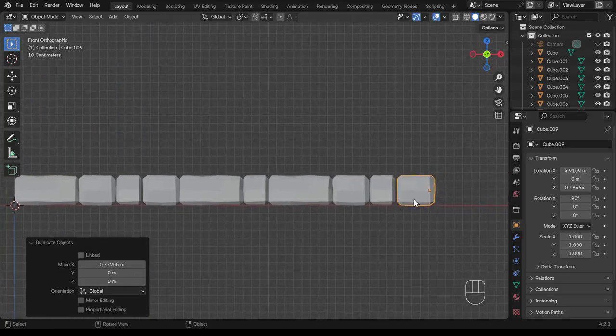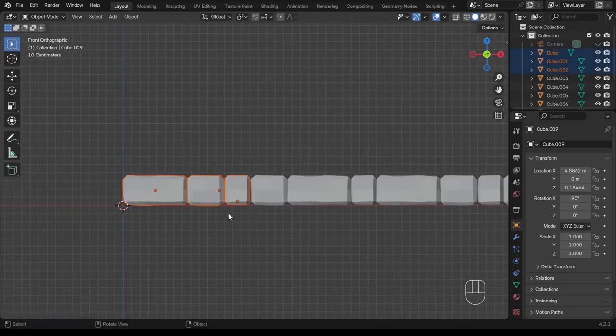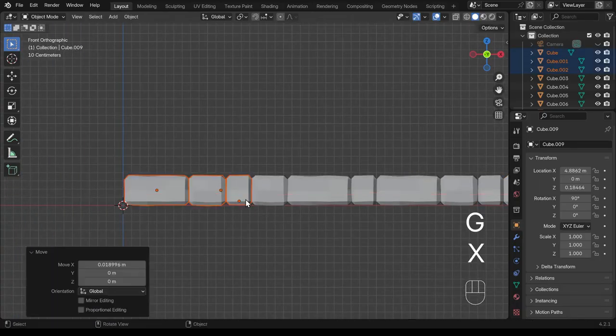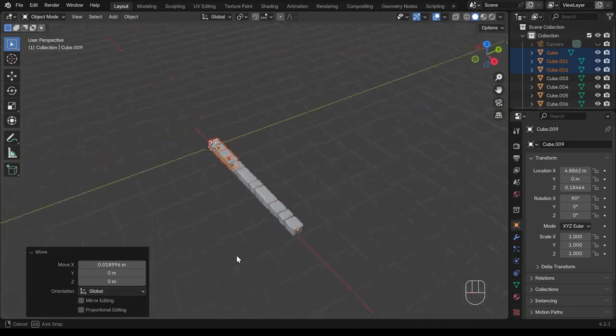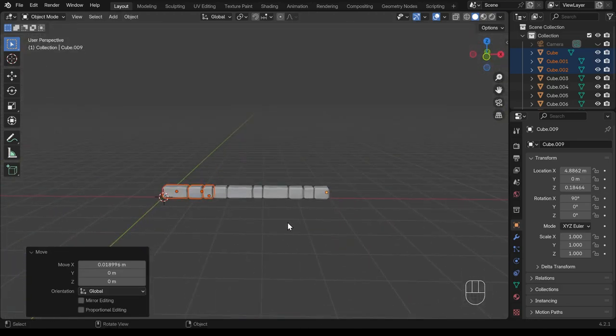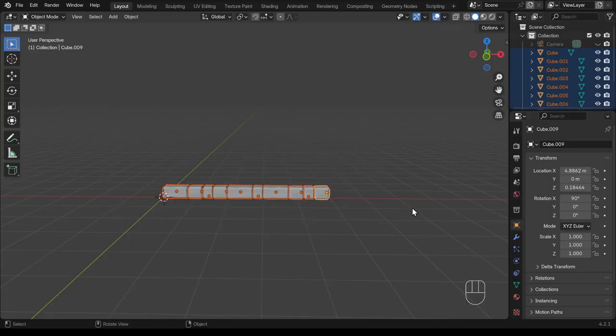Okay, so make sure there's not too many big gaps between them. So I'll just adapt these very slightly. Remember, you can select a few and move them across. And they're all overlapping very slightly and all in a line like this. That's great. I'm going to select all and press M to move to new collection and call the selection Stone